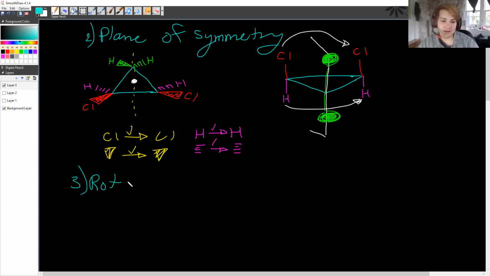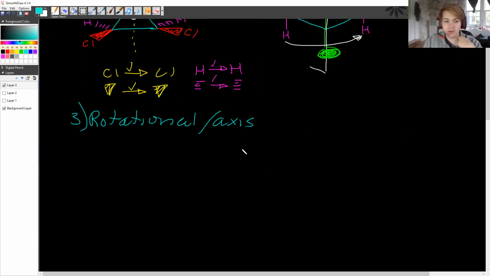The last one is the rotational plane, or the axis of symmetry, okay? And basically what this is saying is that if you have a molecule and you are able to rotate it into itself, then you have symmetry. All right? So if I have this borane right here going on,